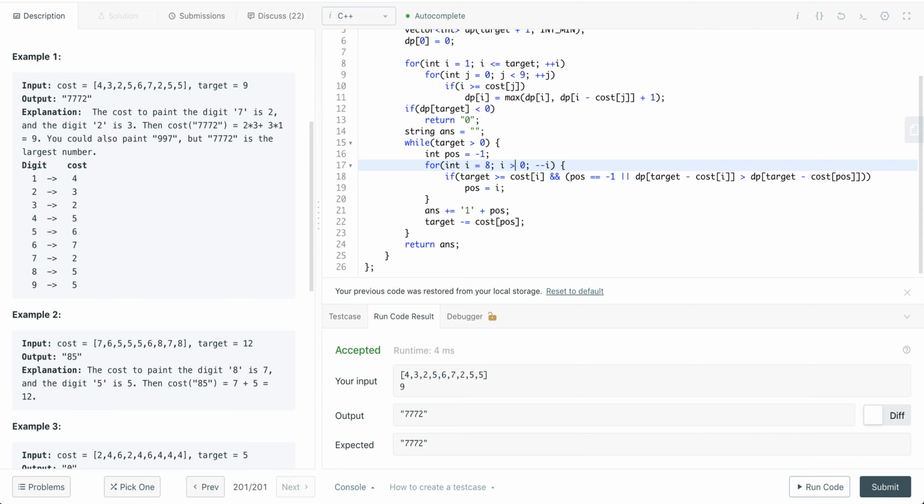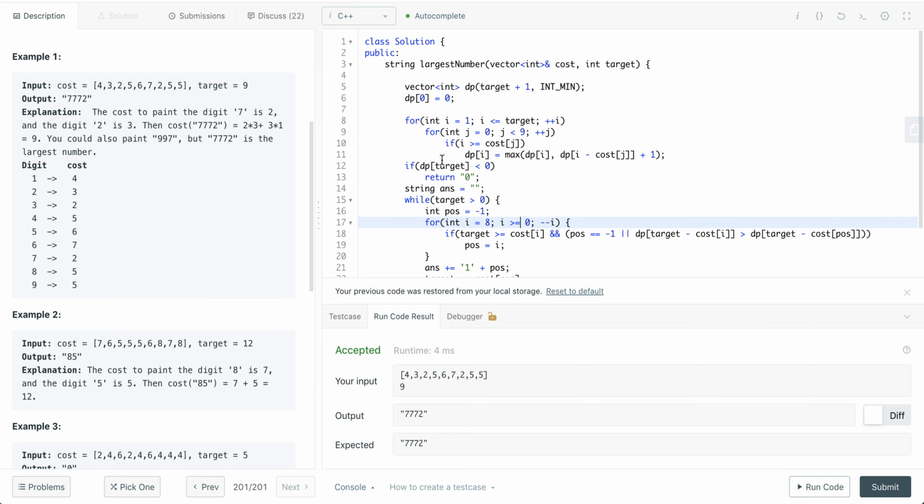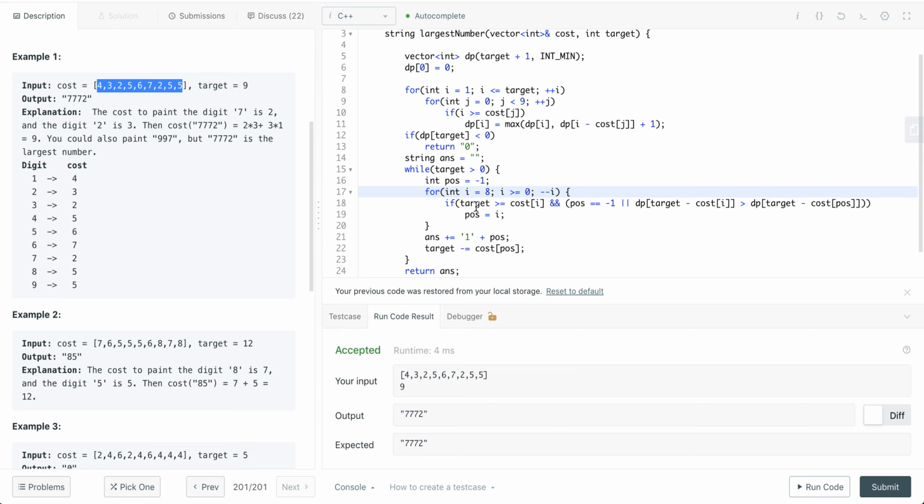This is for our cost array, so we will need to iterate from 8 till 0. At each step I'm checking if my target value is greater than the cost, and if this is the first time I am checking, I would just change my current position to this.